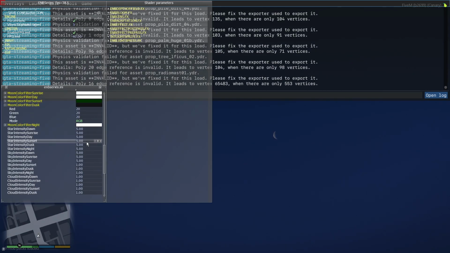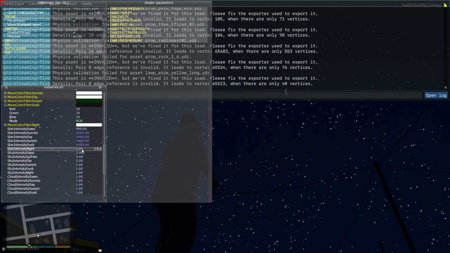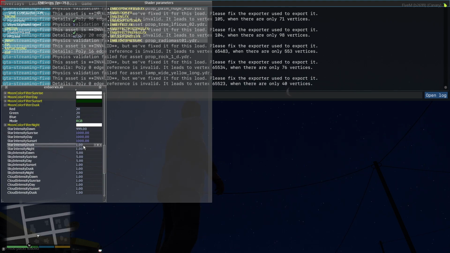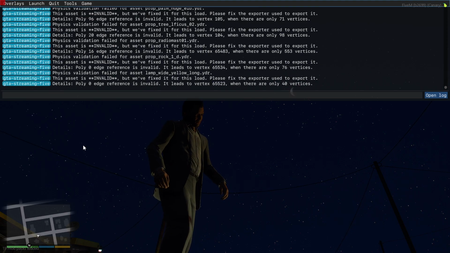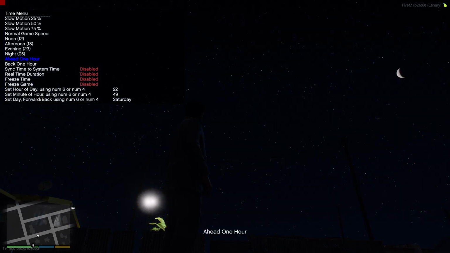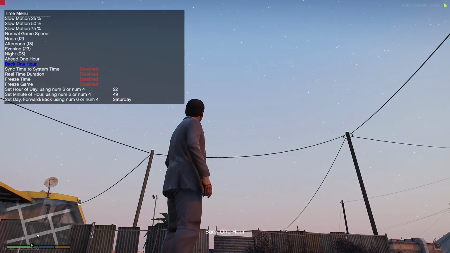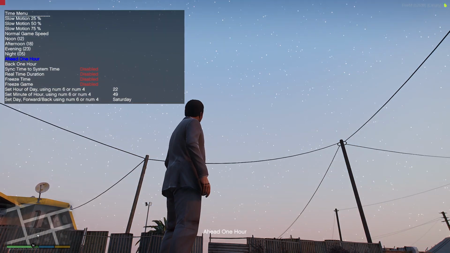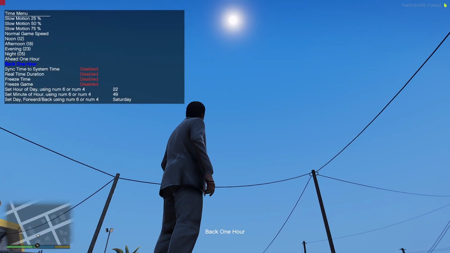Stars, same thing. You can increase the intensity of the stars, however you want the stars to pop out more. I don't know what we're on here. So if I find it, there it is. So it's dusk. You can change it to how your liking is. It'll change throughout the time. So if I change the time, it'll change how bright the stars are. You'll even see it brighter there, and you'll maybe see them during the day because I changed the